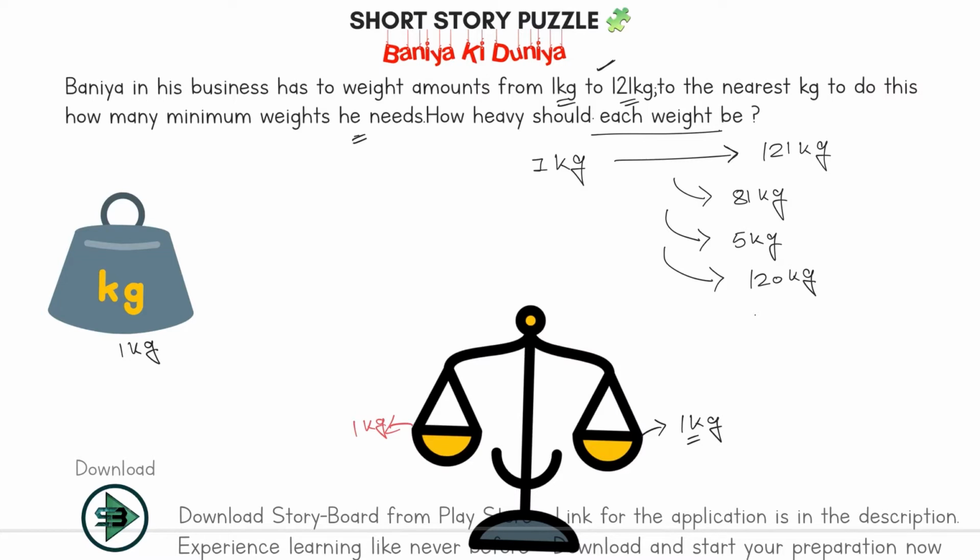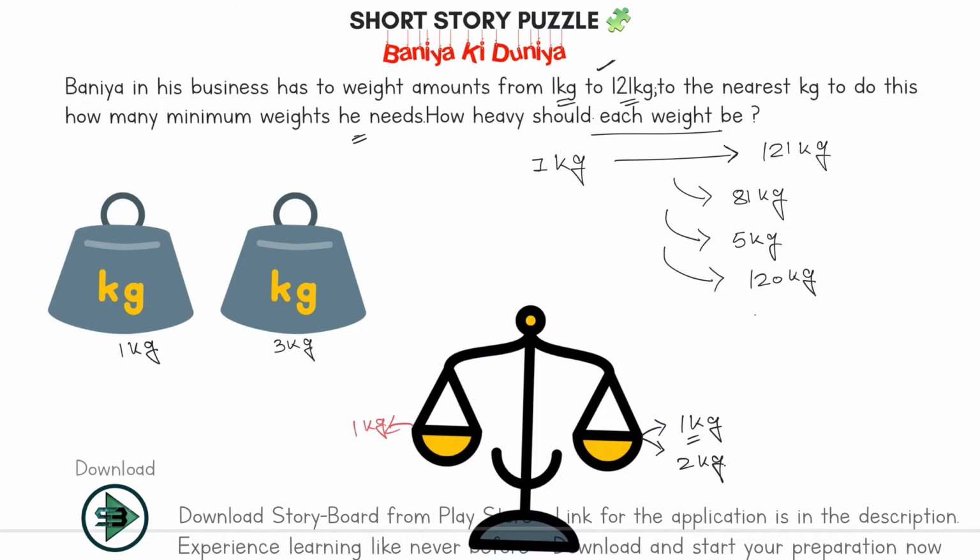Now say I want to measure 2 kg, not 1 kg. I want to measure 2 kg of this. You will say take one more weight of 1 kg. But then you are trying to maximize this. How can I minimize this? So I'll say take one more weight, but now this will be of 3 kg. You'll ask me a simple question, why did I take a 3 kg here? Because with 3 kg I can measure 2 kg as well.